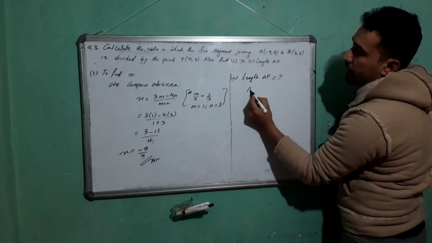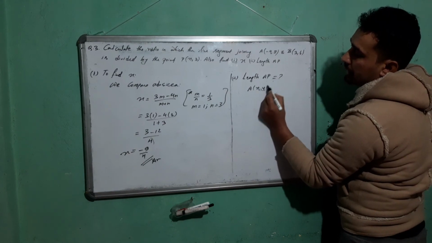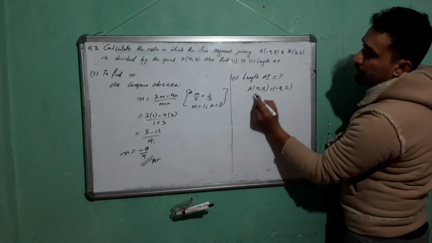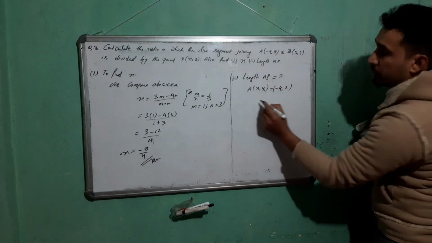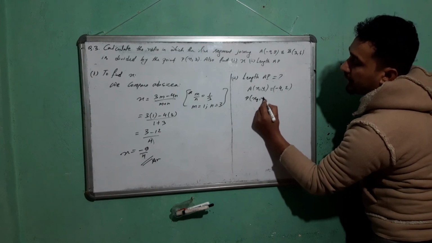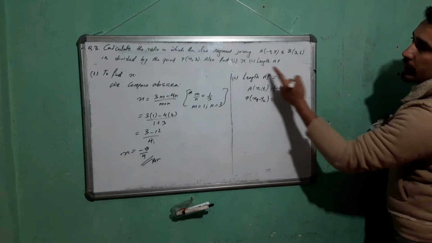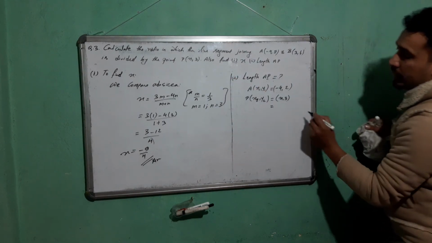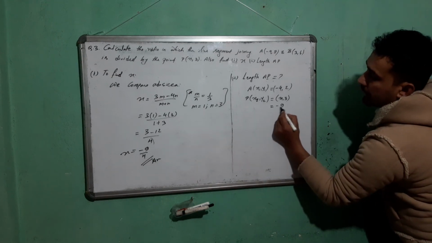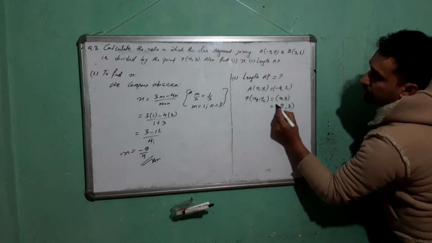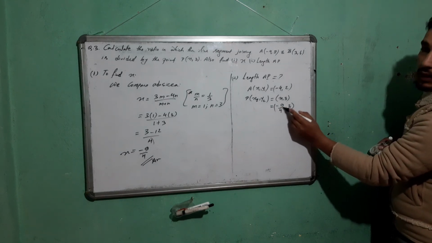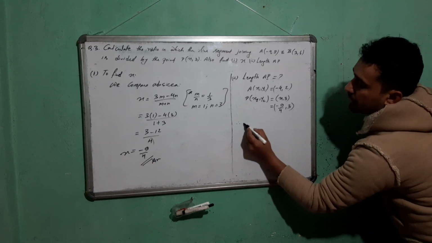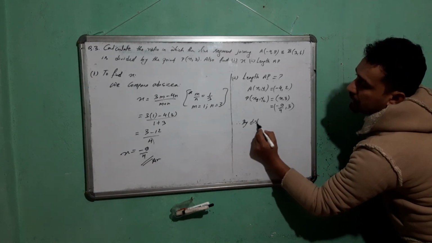For this, A you can take as x1 y1 equal to (minus 4, 2), and P you can consider as x2 y2, the coordinates of P are (x, 3), that is (minus 9 by 4, 3). x2 is minus 9 by 4 and y2 is 3. Therefore by distance formula